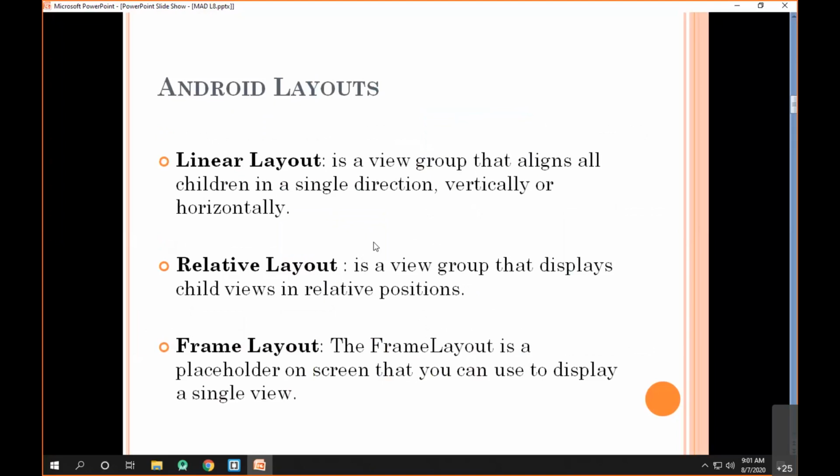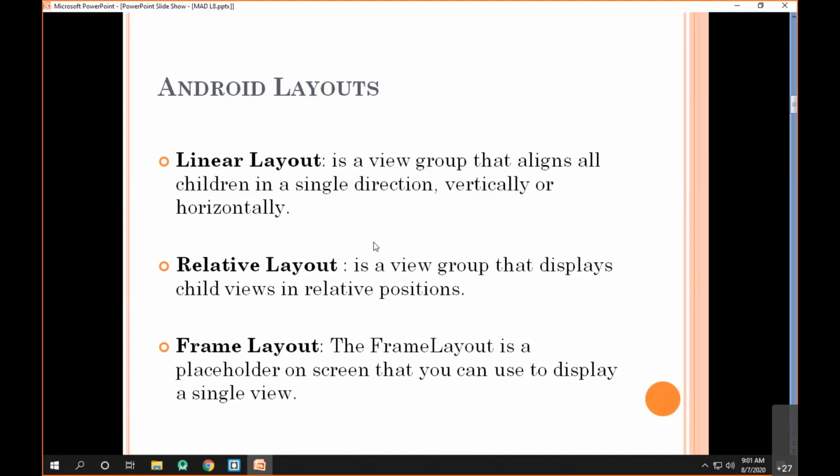There is a linear layout, if you want to arrange input controls either horizontally or vertically in a single direction. Then there is the relative layout, which is a more flexible version that allows us to design the user interface.